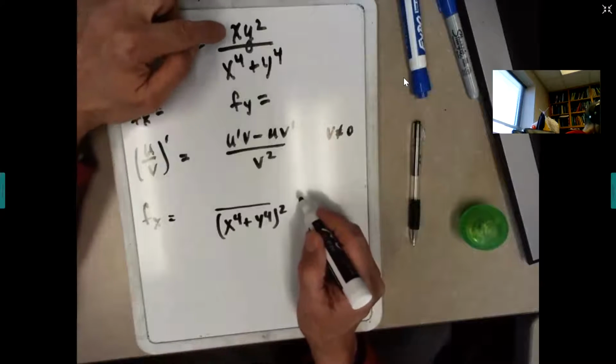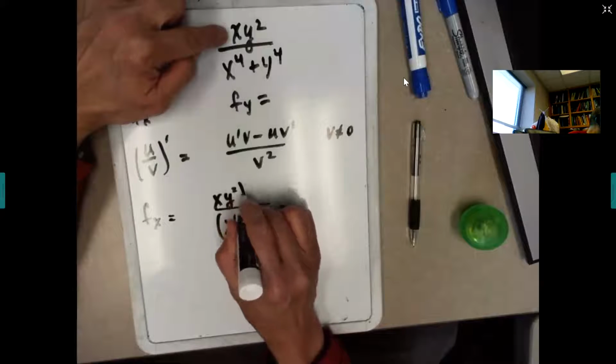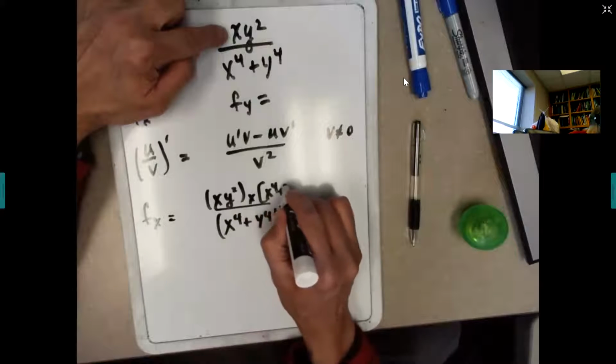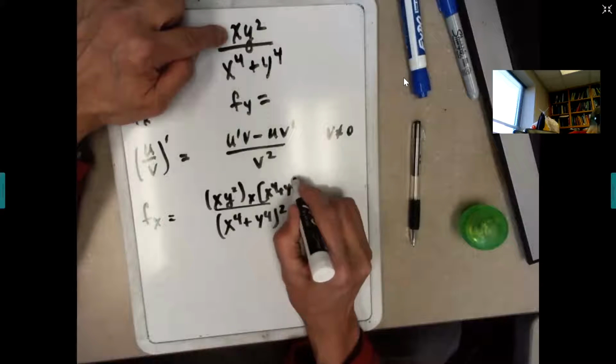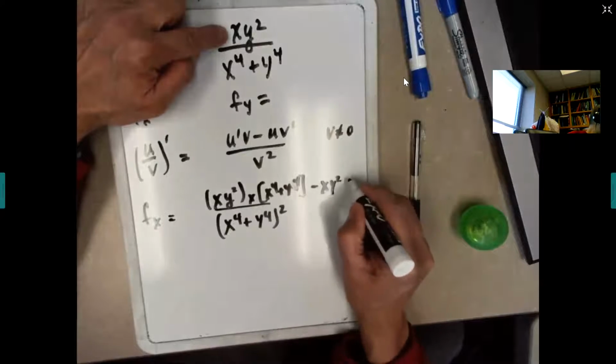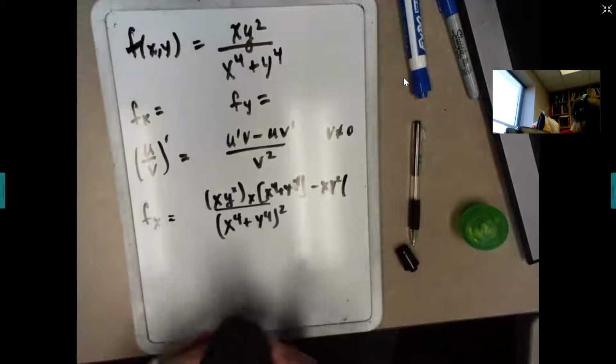Then the derivative of the top with respect to x times the denominator, minus the top times the derivative of the denominator, and I just realized I did not give myself enough room,